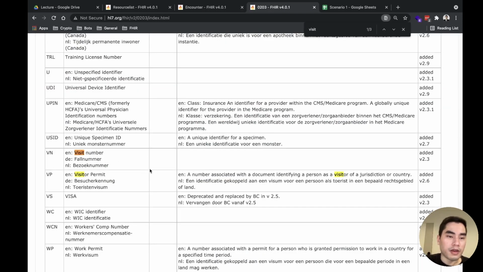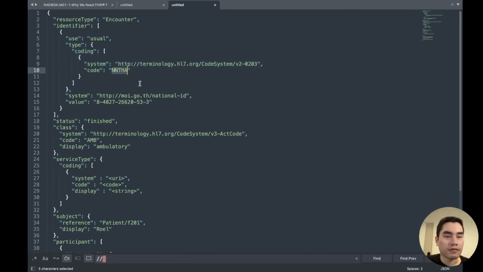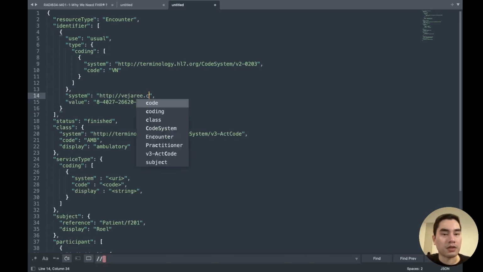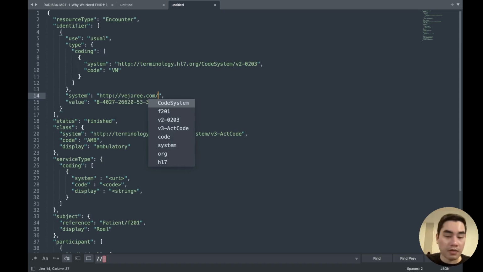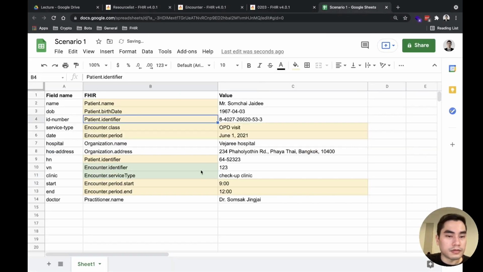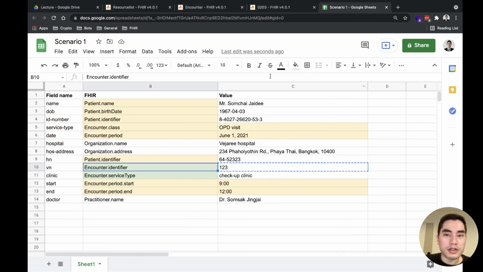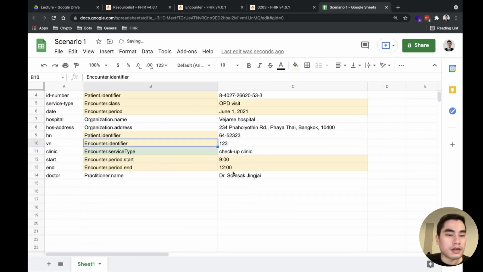Okay, they have visit number VN, so it's okay to keep this one, VN. But the system must be the hospital, like hre.com/VN, for example. And the value is 123. Okay, now we finish the identifier.